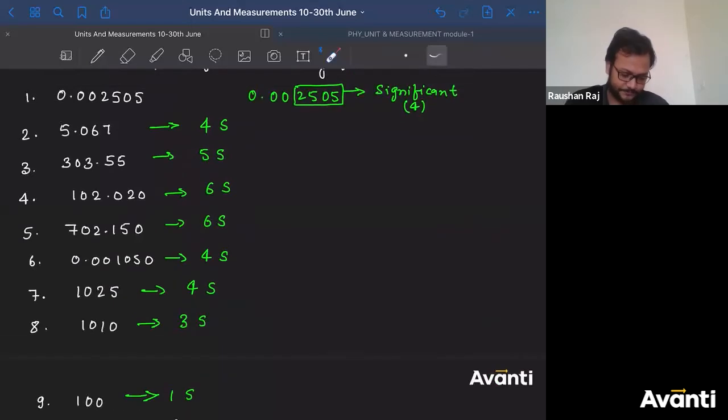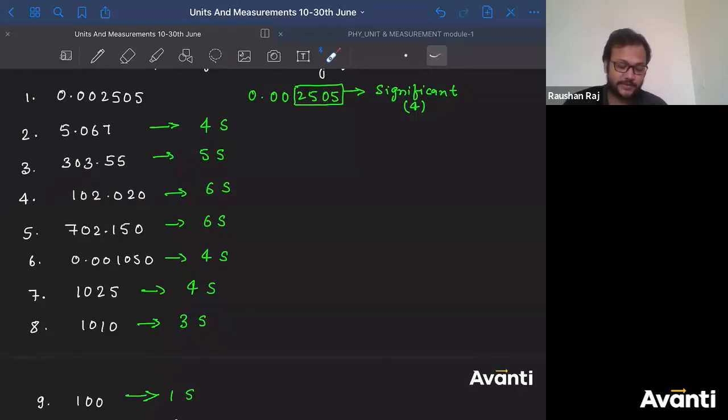Ritvika, the 4th one. See, count the number of significant digits. Let us start with the non-zero digits. So 1, 2, 3. That makes 3. Now trapped zeros, 1, 2. 3 plus 2 is 5. Trailing zero, 6. So there are 6 significant digits, because the decimal is already included here. Okay?